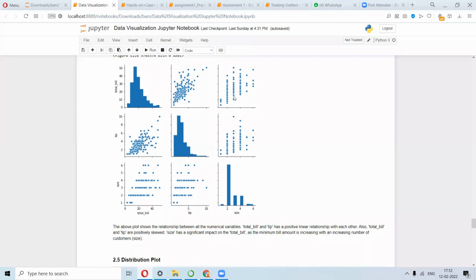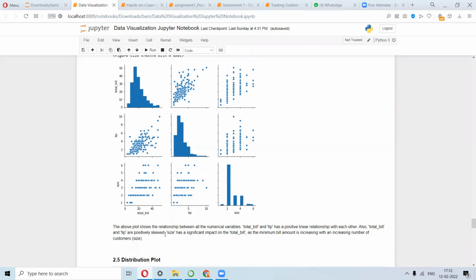Other than that, these are the plots that you get here. So these are, because of discrete values, you have the concentrations like that. Just the same graphs, all this tip versus size, and then you have size versus tip. So these two are just the same. Let's just read this out, what they have to say here.